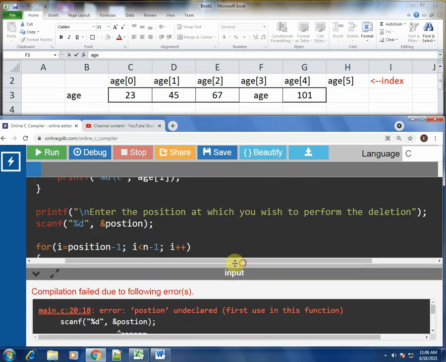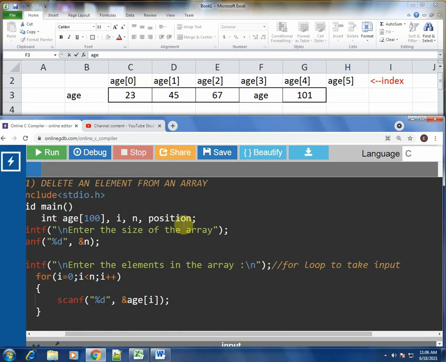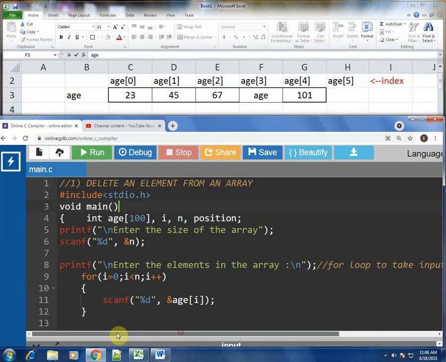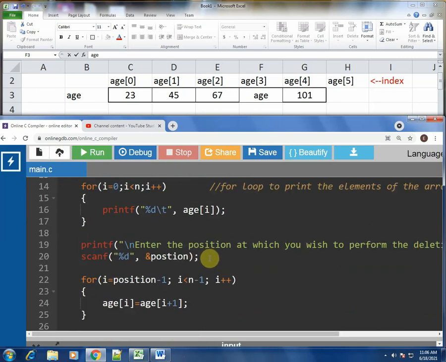Position is undeclared, so let us declare position on the top. A spelling error.